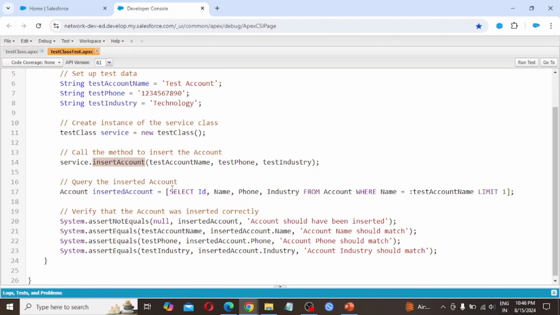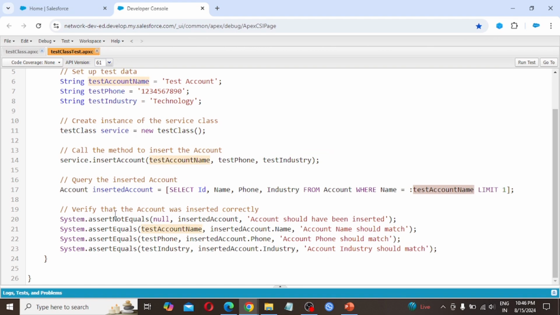Query the inserted account. Account insertedAccount equals select Id, Name, Phone, Industry from Account where Name equals testAccountName limit 1. Verify that the account was inserted correctly.